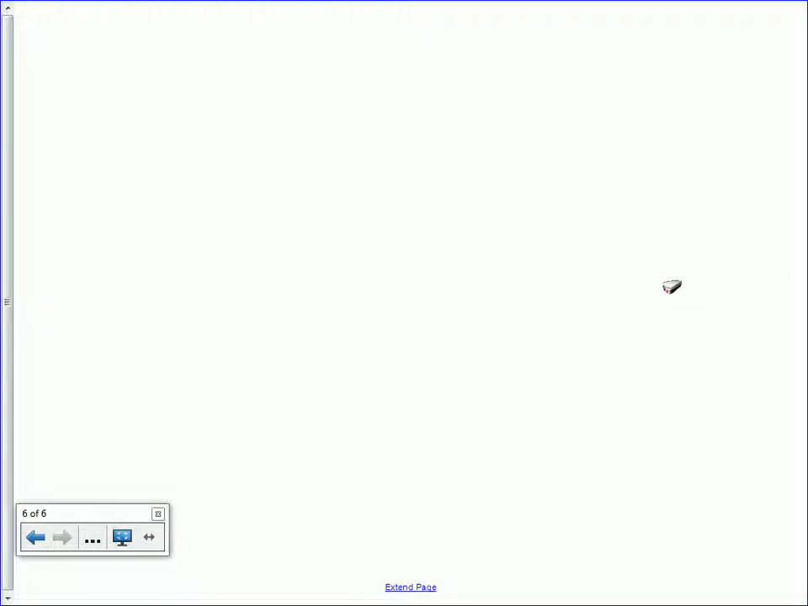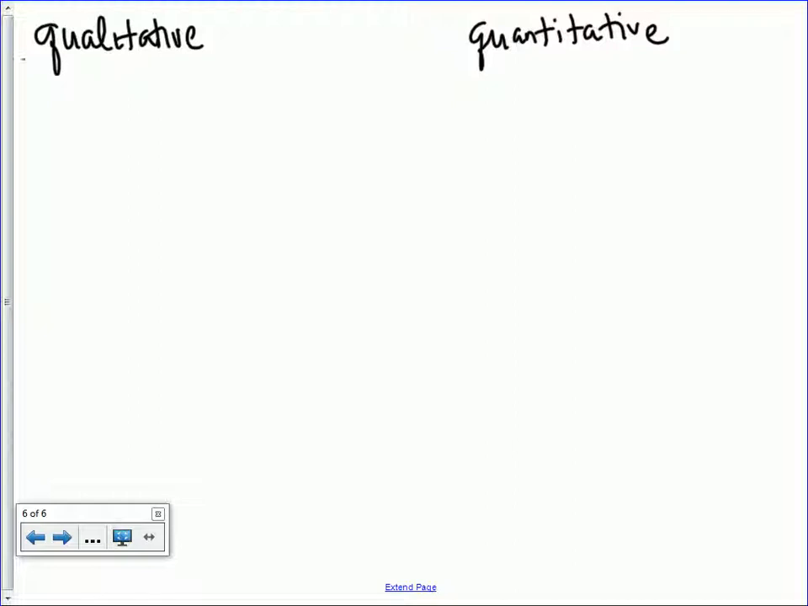Okay, so now that we know that there's really two types of variables, we have the qualitative and the quantitative types. The qualitative, if we want to do a graphical representation of a qualitative,